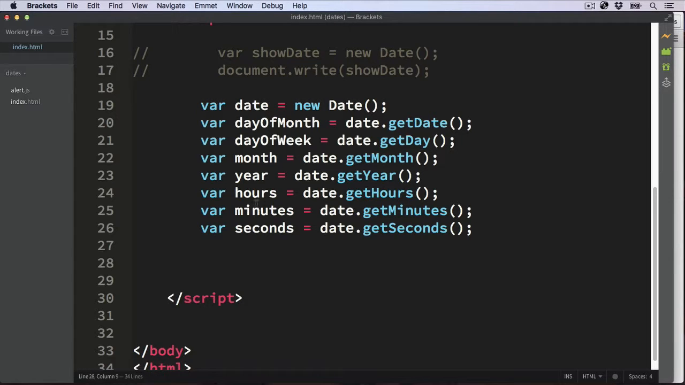So now we've got all these variables created, and we may want to just use certain parts of the date. For example, we may want to create a string such as today's date is, and then put the day, the month and the year. So let's give that a go. So let's do a document.write, and then between the quotations I'm going to create a string of today's date is,